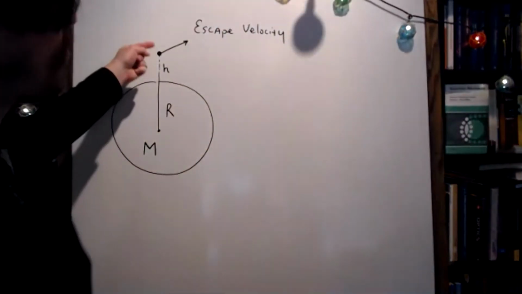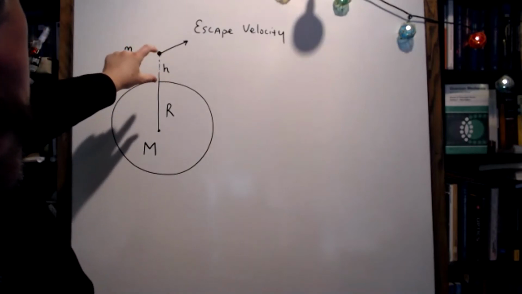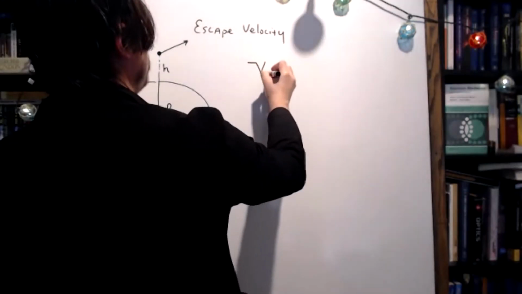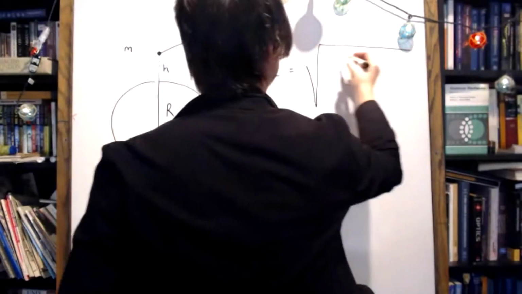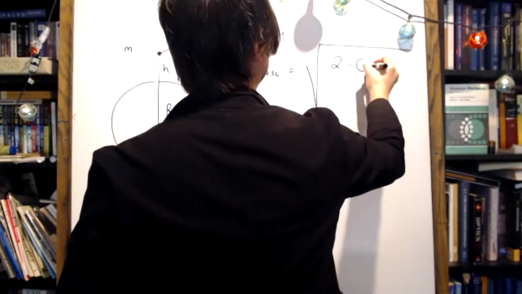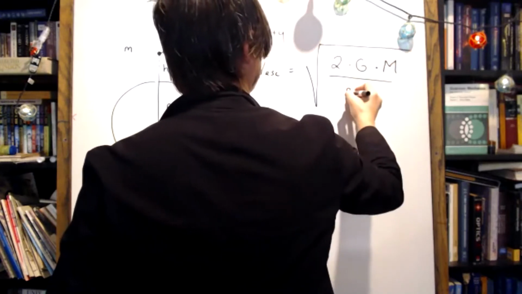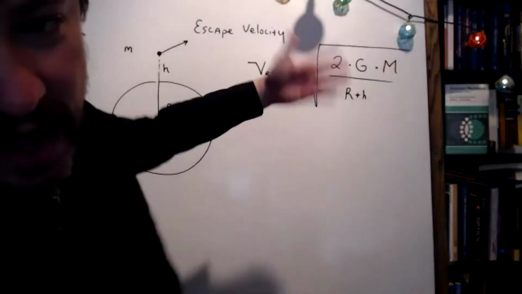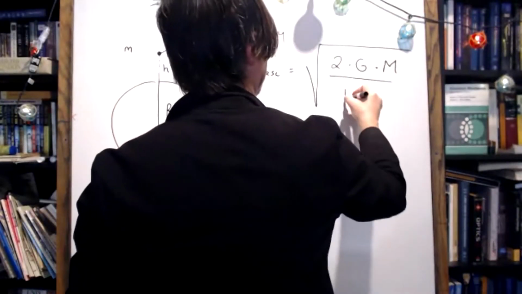We know that our particle in the exosphere, which is maybe 200, 300 kilometers above the surface, can escape into space if it reaches this critical velocity: the square root of 2 times big G times the mass of the planet, divided by the radius of the planet plus the height in the atmosphere that your gas particle is. If it's close to the ground, H doesn't matter.